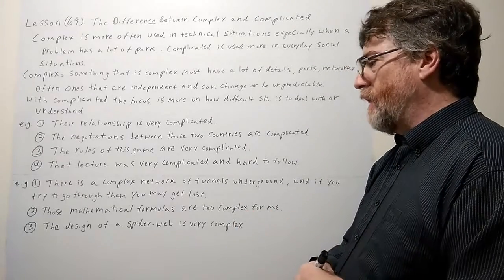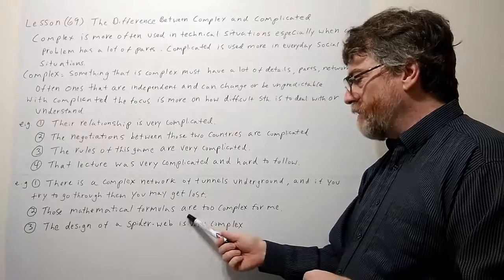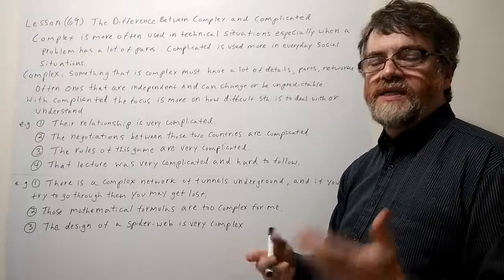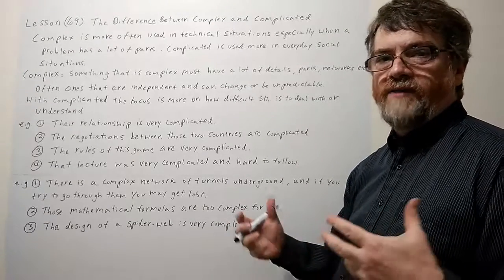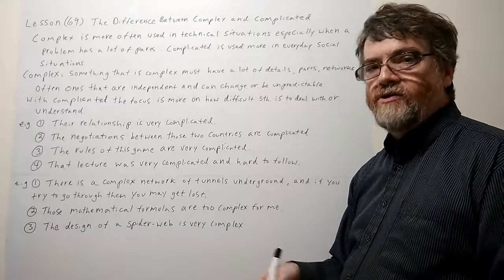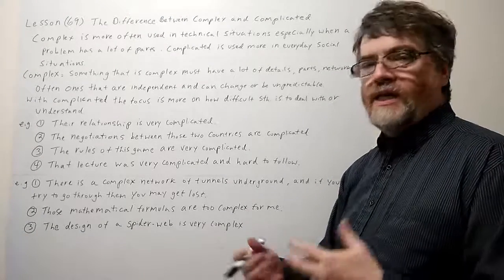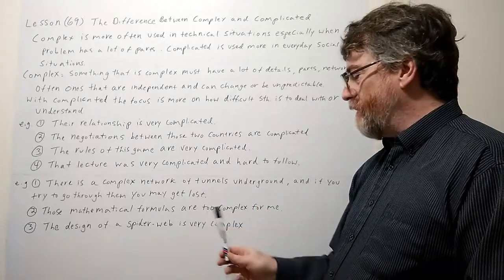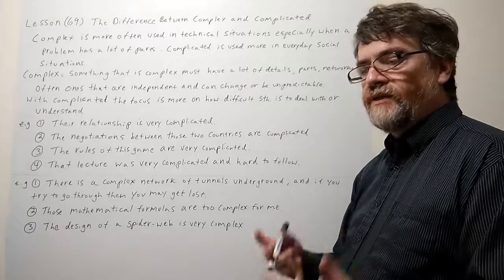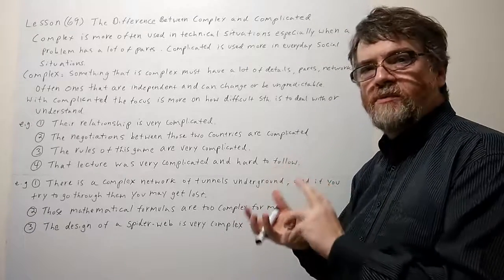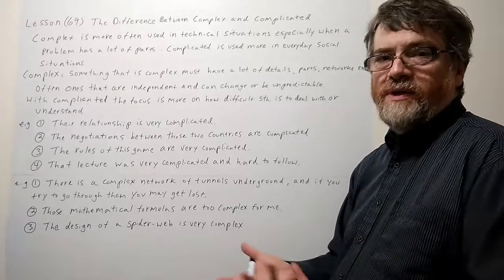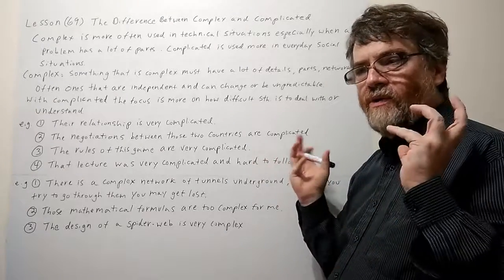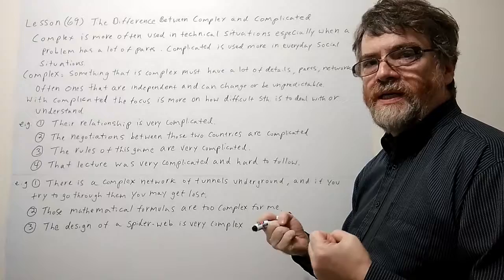Those mathematical formulas are too complex for me. Here you're getting a little bit more into technical again. If something is technical, maybe the subject, you don't have a lot of background in this subject, or you don't have a deeper understanding of this, and they're starting to get into formulas that you might have to study more. A lot of people don't like these, so we might more use complex. It's a little difficult for the brain to hold on to all the pieces and the parts. It's not that it's so difficult to deal with. You're not dealing with emotions or things like that. But it's kind of hard for your brain to hold on to all the different details or all the different parts to figure it out.